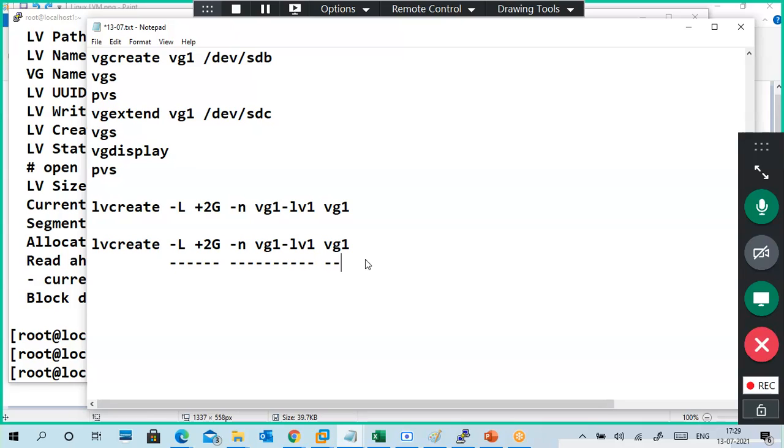Separate it like this. What is this? It represents the size of the volume. It will represent the name of the LV. It represents the size of the LV.